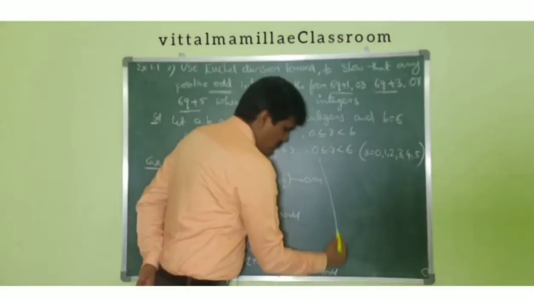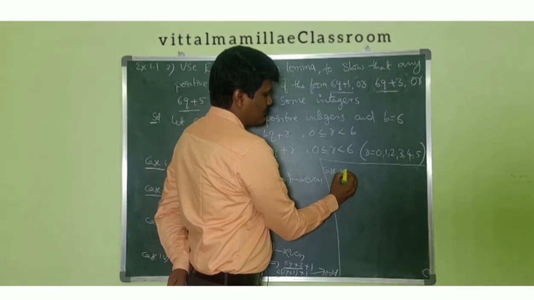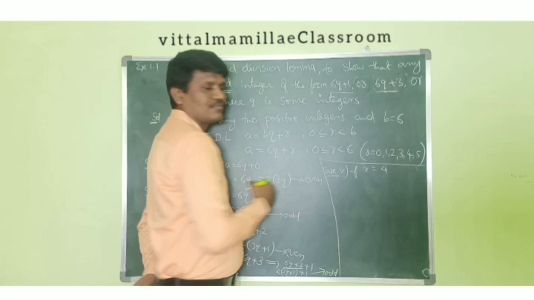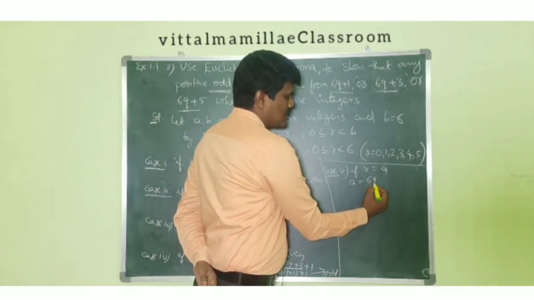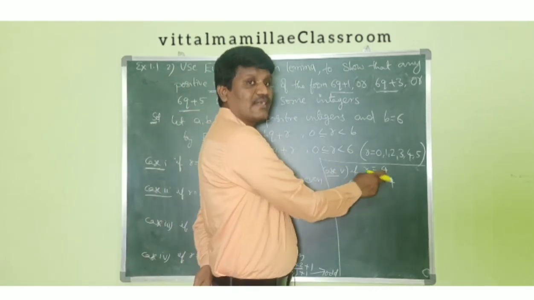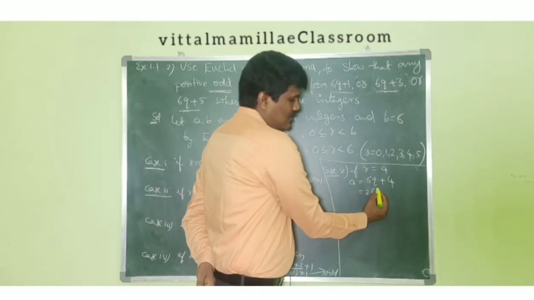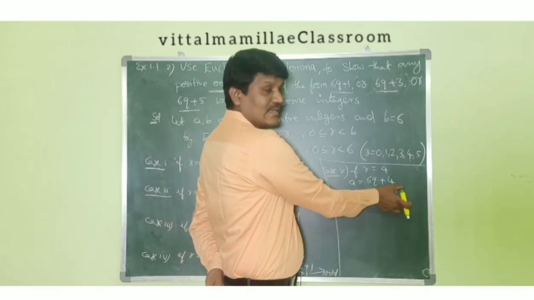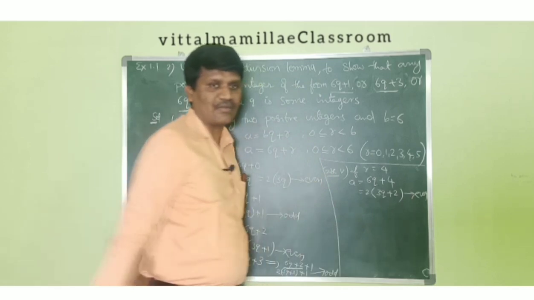Let us see case 5 and case 6 here. What is case 5? If r is equal to 4, what does it become? A is equal to 6q plus 4. I should decide whether it is even or odd. Directly I can take 2 common here: 2 into (3q plus 2). So 2 into anything is an even number, so this total will be your even number.